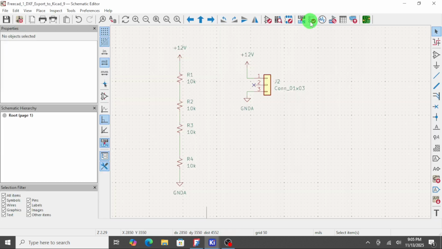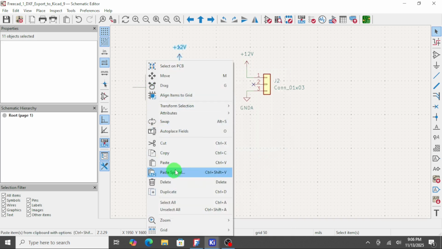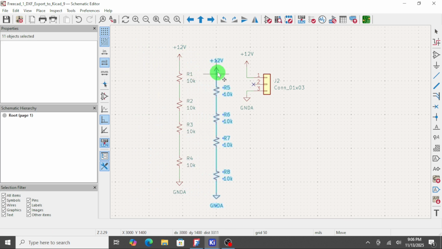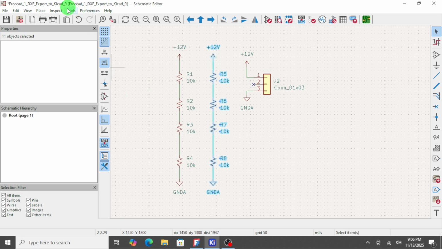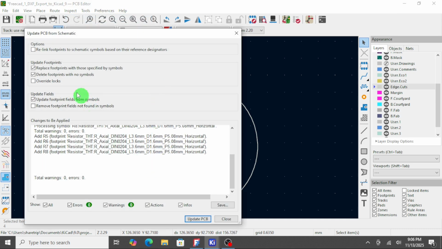Okay, so now we go to the schematic, and the one thing I want to show you here is the way I did the drawing. So I got 4 resistors here and this connector. But what I want to do is I want 4 more. So I'm going to select, you take a right click, copy, right click, paste. And now we're going to go to Tools, Update Schematic,